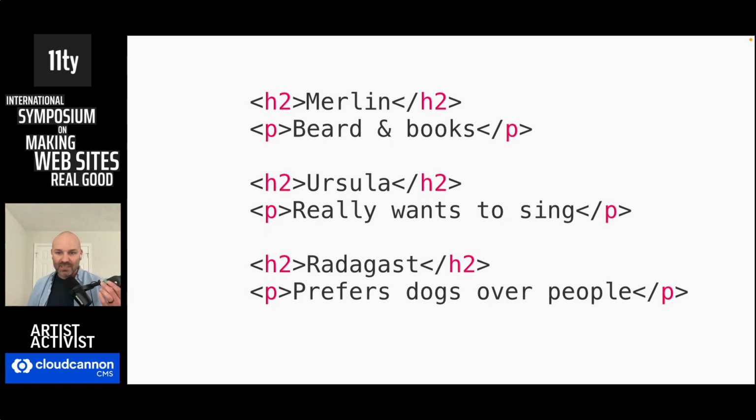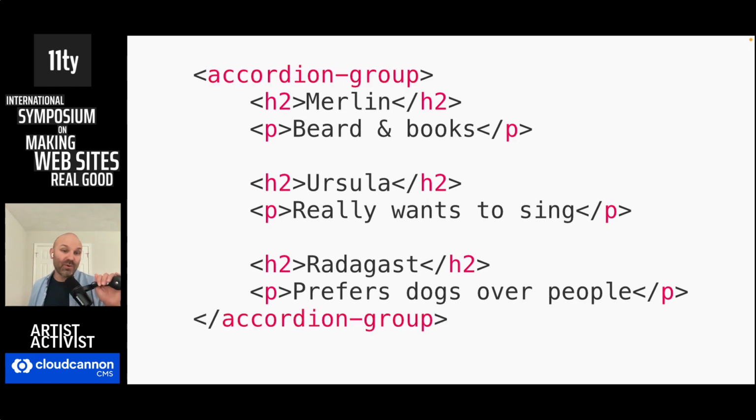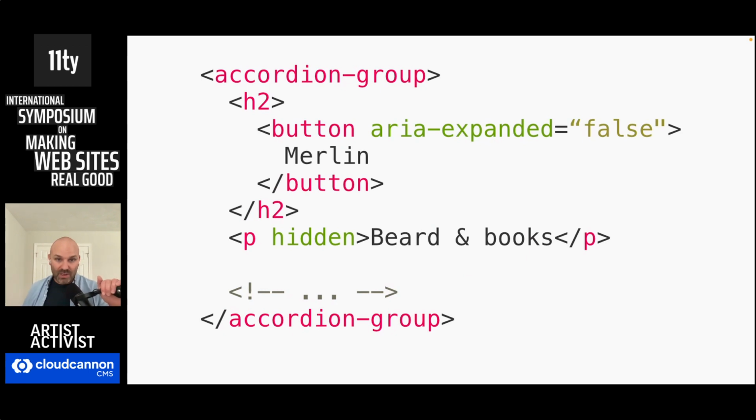Here we have a collection of headings and some content that goes with them. Let's imagine that we eventually want this to be an accordion component where clicking or tapping on the heading causes the content that goes with it to get expanded or hidden. We can use a web component for that as a convenient way to enhance what's already there into something more powerful and interactive. And we start that process by wrapping our content in a custom element. In this case, we'll call it accordion group because that's a very easy and obvious description of what this thing's going to be.